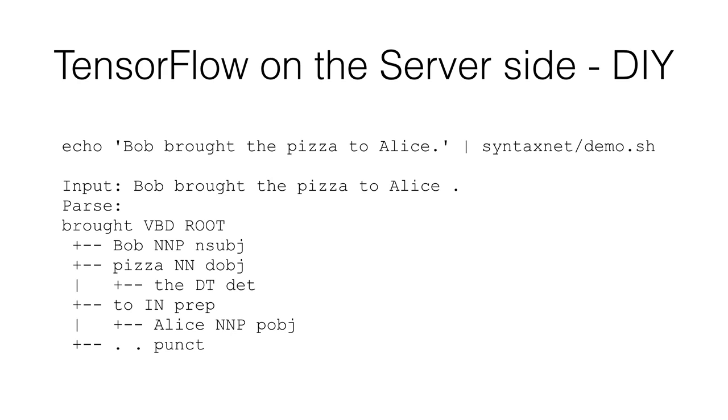If you want to do something a little bit more complex than what the cloud services provide, you can also run TensorFlow on the server side. And there are a few options for how you can serve up TensorFlow models. One really quick and easy, but also pretty hacky way is just to run a shell script and pipe in some input and parse the standard output. What we've got going on here in the code example is we're passing some text into SyntaxNet, which is a model for doing sentence parsing, and we're getting the parse tree of the sentence there as output.